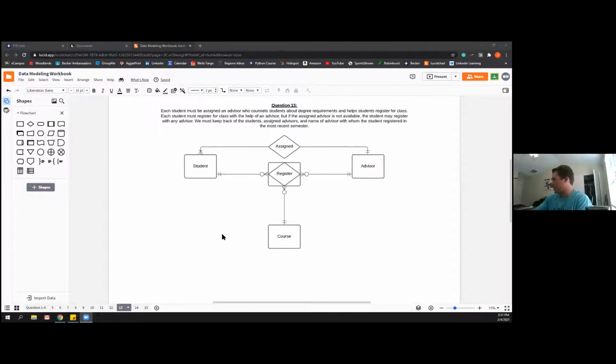Okay, so we were thinking you've got a student, you've got an advisor. So we have the student is assigned to one advisor, mandatory one advisor, and then the advisor is assigned to mandatory one but many students, and so that's like the separate for their assigned advisor. And then for the advisor who potentially registers them, we have the student is registered by optional many advisors because